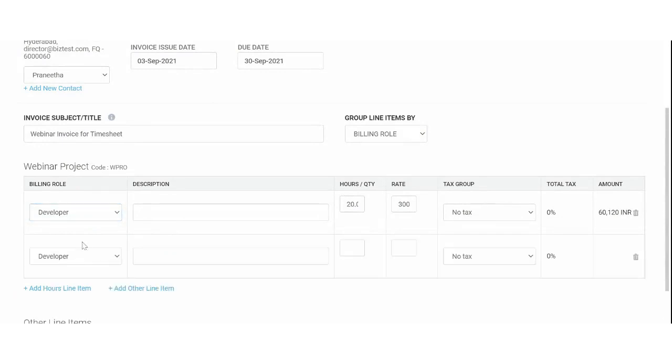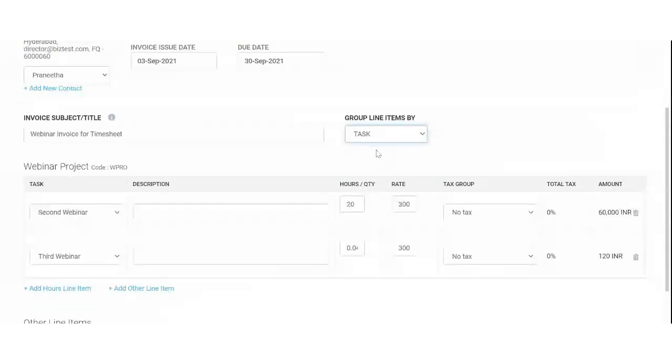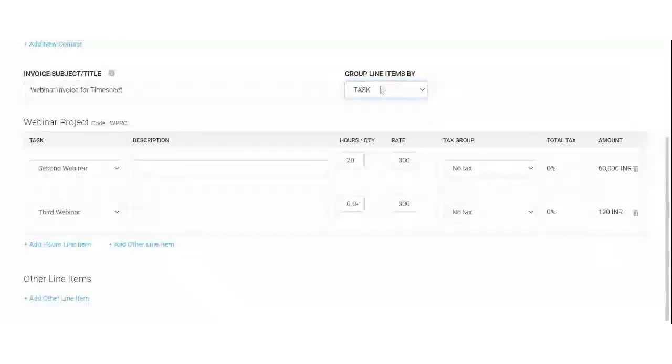You can keep adding. So if you also want to add UX designer and keep it in the invoice, you can do that as well. So these details are already pre-filled because we have actually used the timesheet, submitted and approved it as well. Now I'm trying to line these as per task. If you fall under a GST tax group, and if there is no task for this, you can just select accordingly, and this would be the amount.